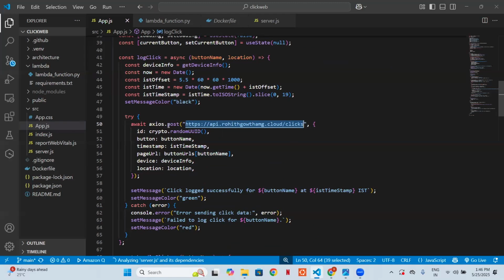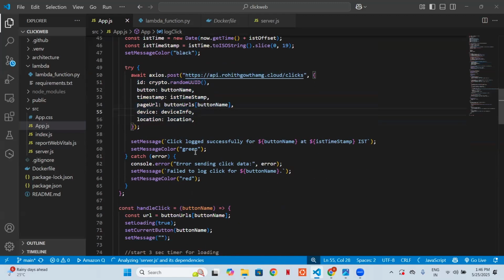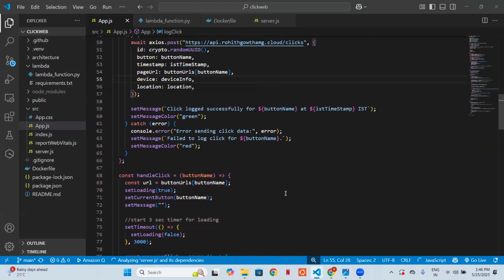And this is a post request, and all these attributes will be sent to the ALB. The ALB will in turn forward this data to the ECS containers. So now if we go to the ECS configuration,